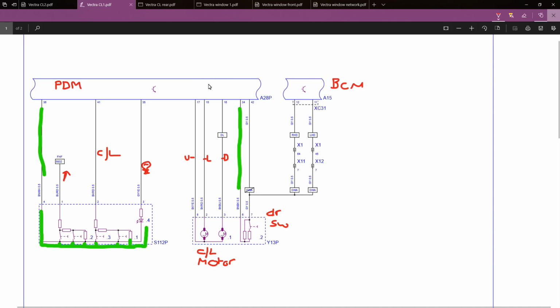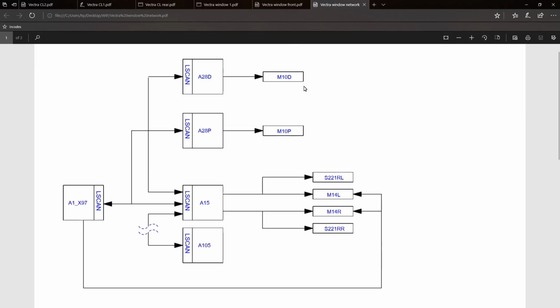We have a quick look at the wiring for the door modules themselves. On the Vectra, there's very few wires that go between modules. Normally it's done on a LIN network, which is a single wire network. I'll pull the Pico capture up now and we'll have a look at a typical LIN signal. But you can see basically